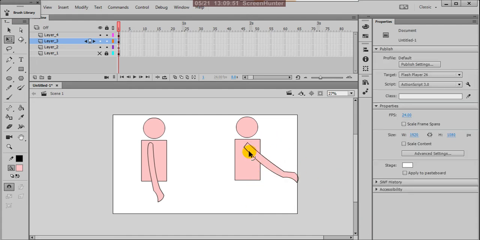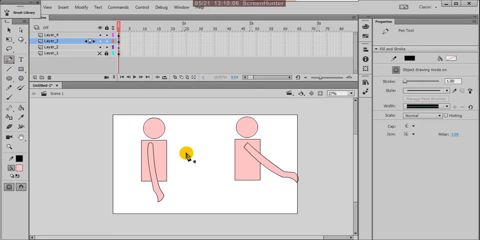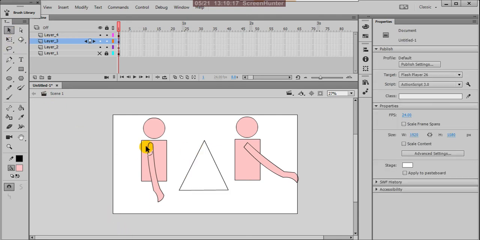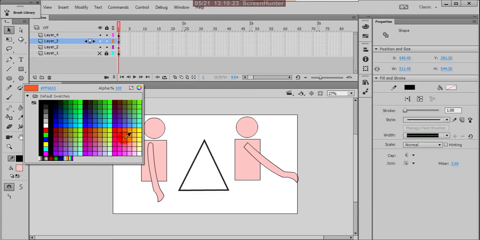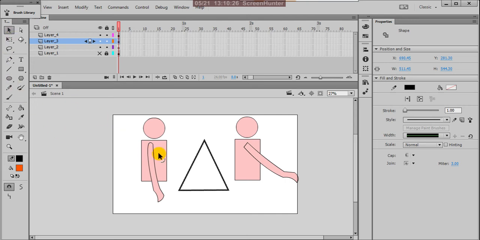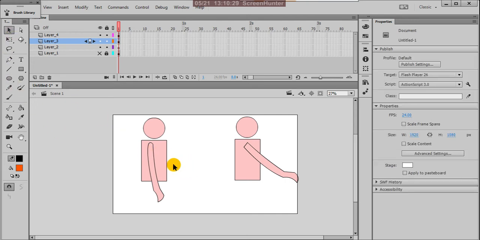But sometimes we have to use both object drawing mode and merge drawing mode. I'll give you an example. Change the mode. This is your drawing. Select this and you can fill color, whatever the color, but it must be closed. It should close.